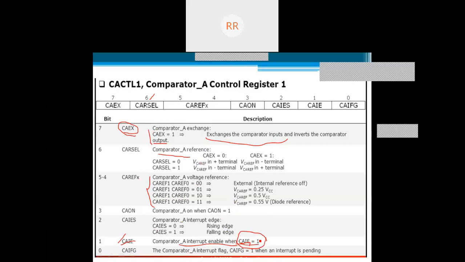If you set this particular bit to 1, only then will the interrupt be enabled. Here, CAIES is the comparator interrupt edge source selection, that means rising edge or falling edge. Next, CAIFG is a flag bit. Based upon the output of the comparator, the flag bit will be set.